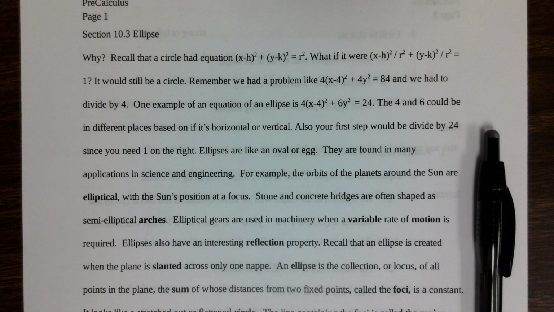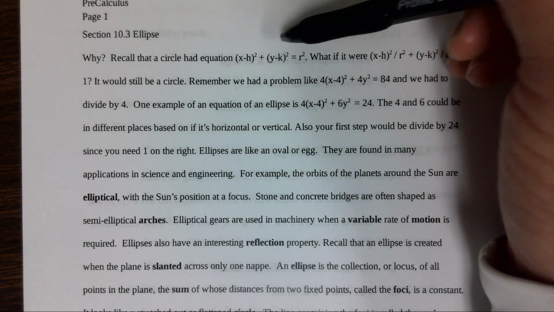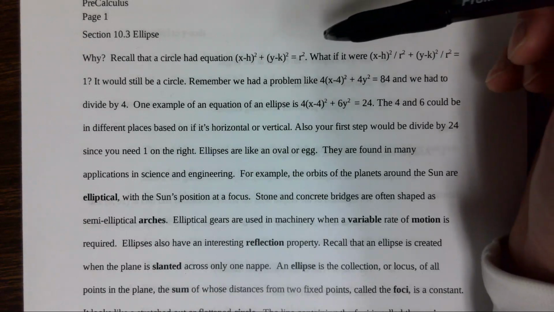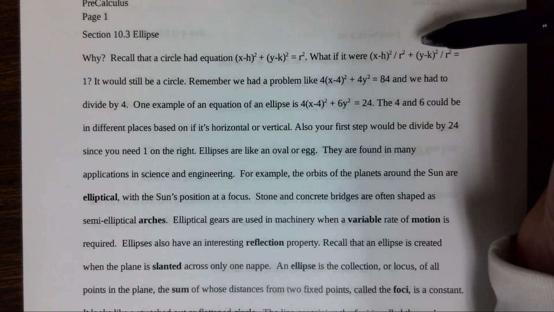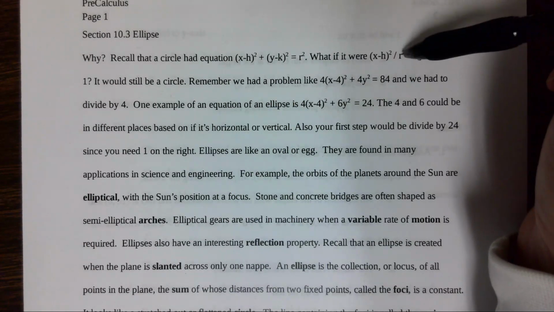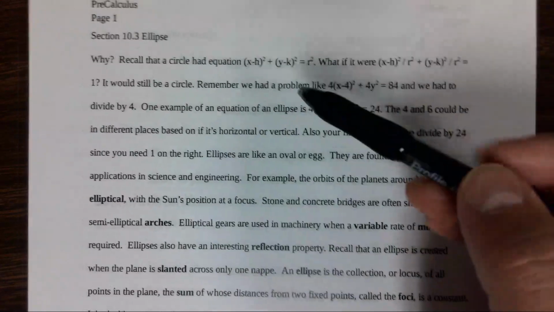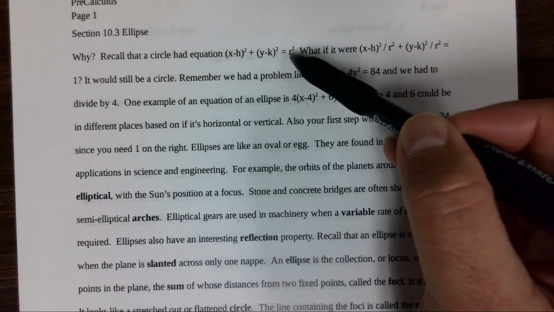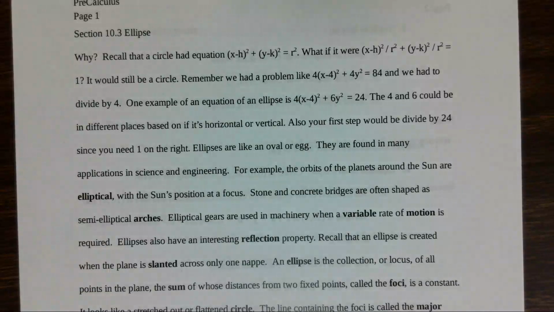It's going to be similar to a circle. Remember that the circle, if it wasn't at the origin for the center, was x minus h squared plus y minus k squared equal r squared. And so we said, what if it were this over r squared and this over r squared equal 1, which is like, if you do r squared divided by r squared, it's 1, it would still be a